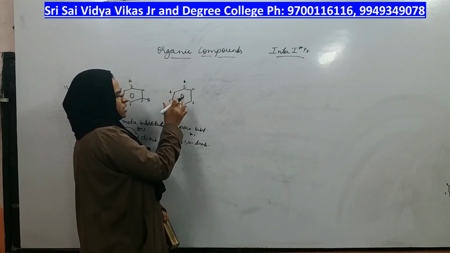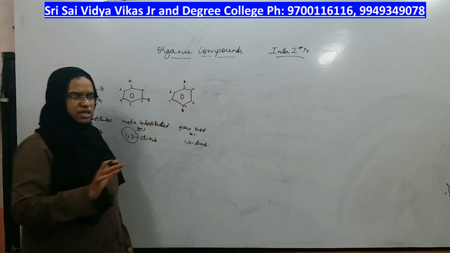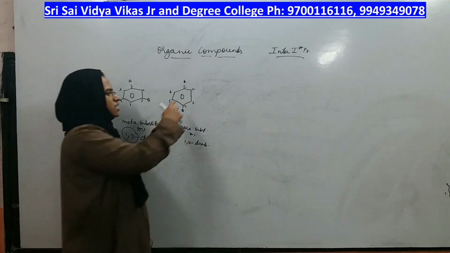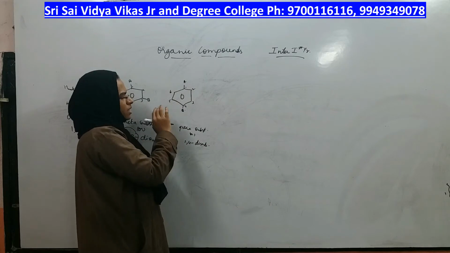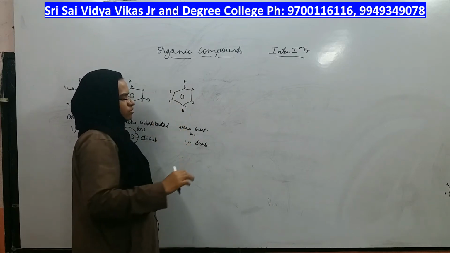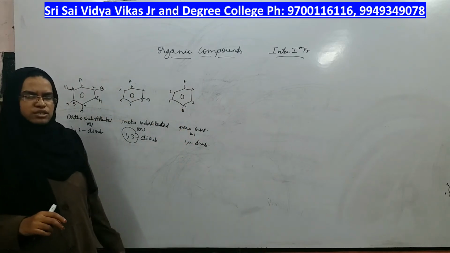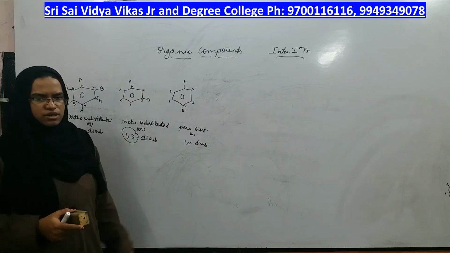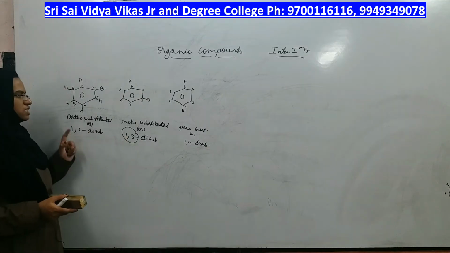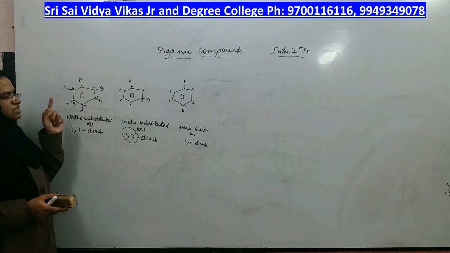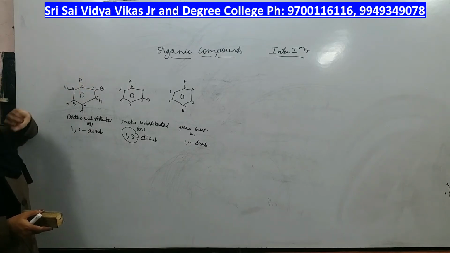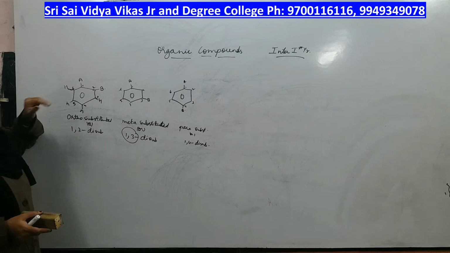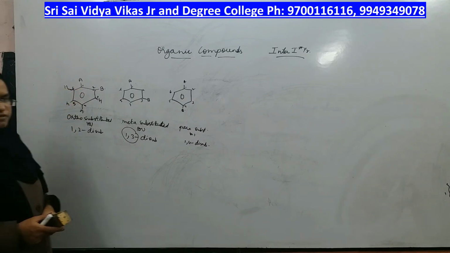the least number, but that doesn't mean other positions are not para. Even 2 comma 5 is also para, 3 comma 6 is also para, but you should prefer 1 comma 4 only as the para position, because that is the least number. Okay. Now what we will see is we will add functional groups. Just for the example, we have taken one functional group as A, another functional group as B. But if some functional groups are taken, what would be its name?